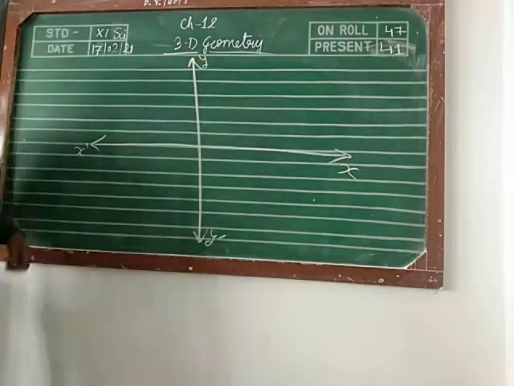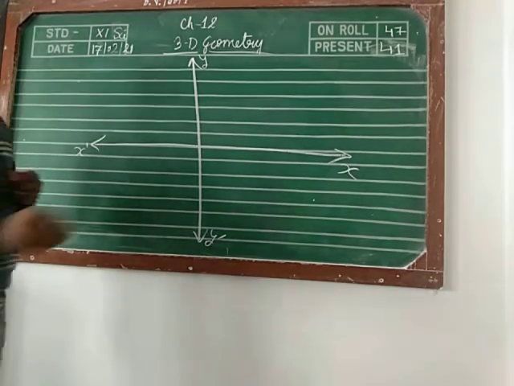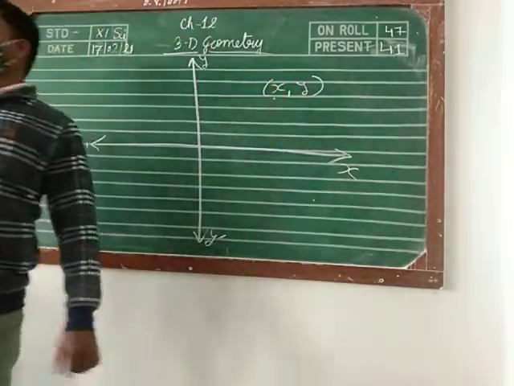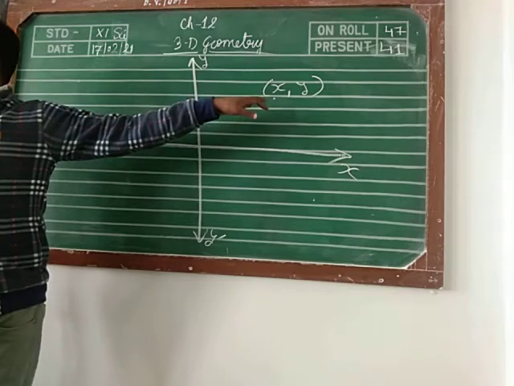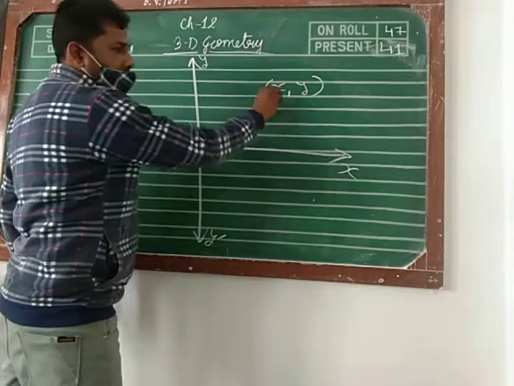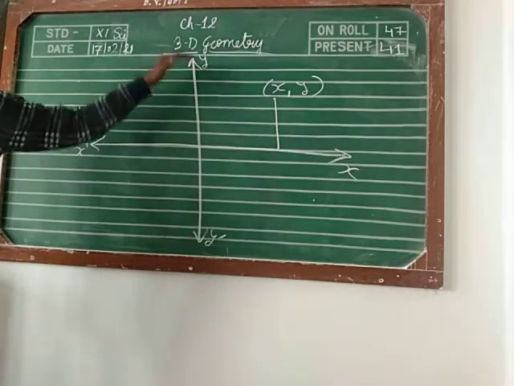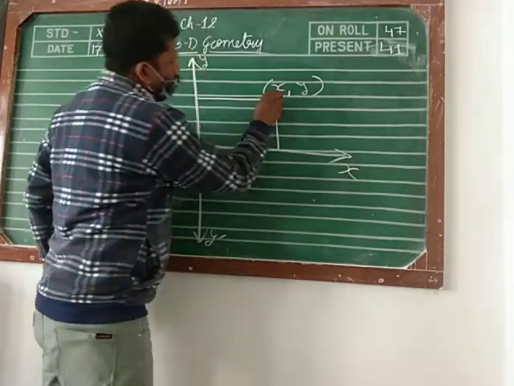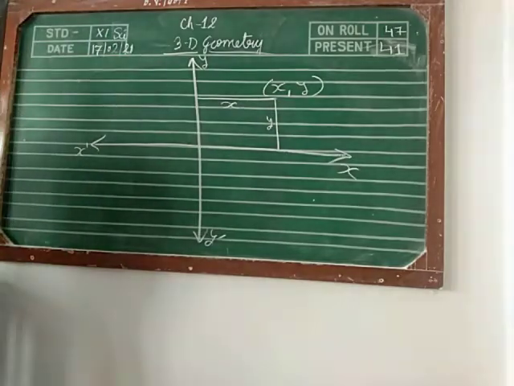Then my first question is, tell me the distance of a point (x, y). I am taking a point (x, y). Then tell me the distance of this point from the x-axis, and from the y-axis. Question is clear. The distance of this point from the x-axis we are clearly observing. Yes, this is the distance, and this is the y length. And from the y-axis this distance is x, this is y. For this reason we are getting (x, y).